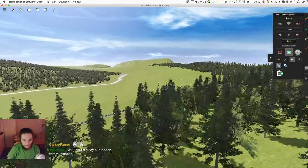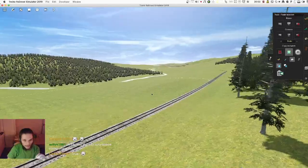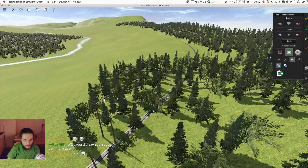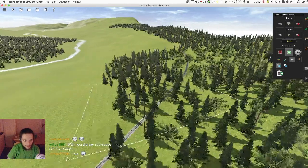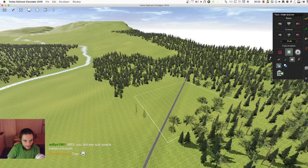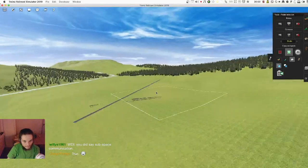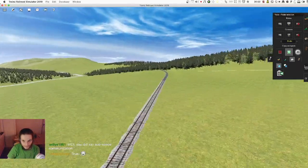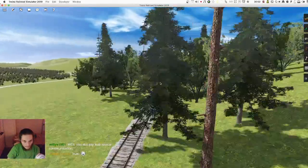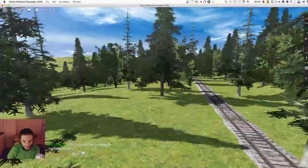Okay, so this is going along here. That's all good. Do I... No, I was thinking maybe having a little bit of forest on that bit, but if I do have a little bit, then I might as well have a little bit of forest coming over like that, going down to the river this way. So like this, basically. So you've got that line coming down that way. So you're going through the forest like that, can't really see much, but it's okay, because...